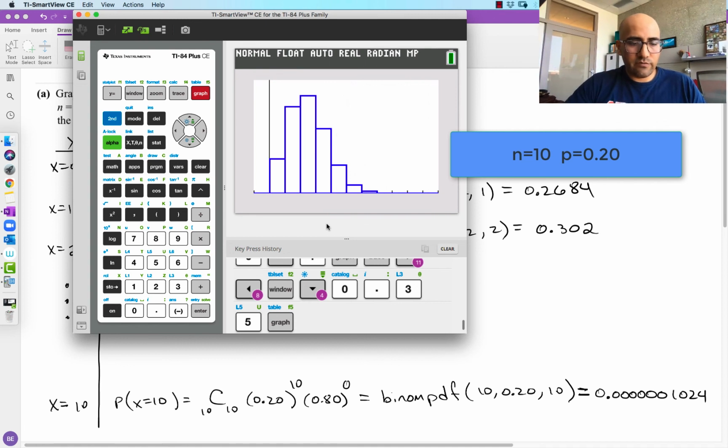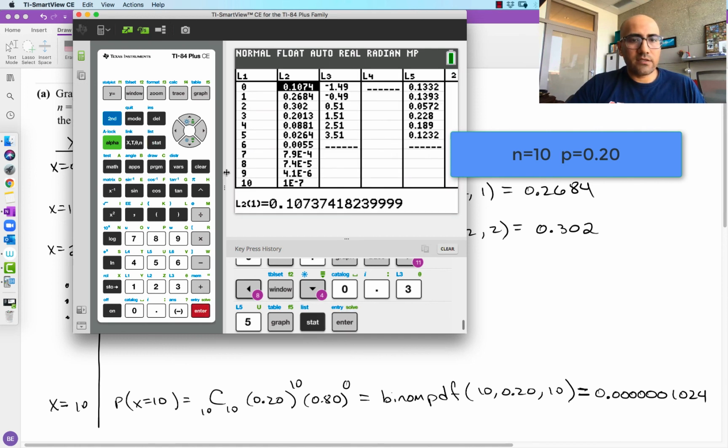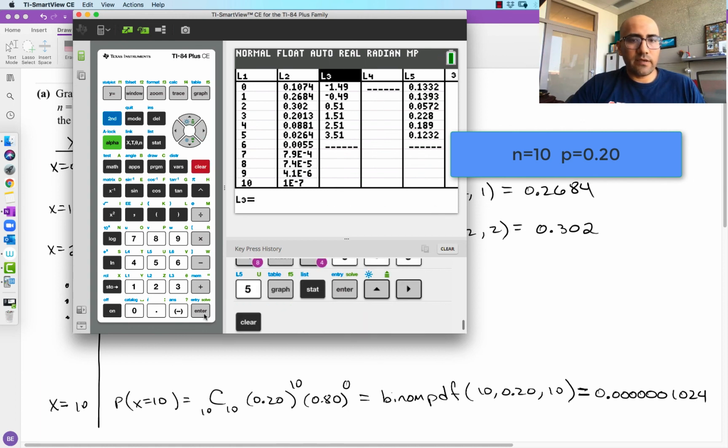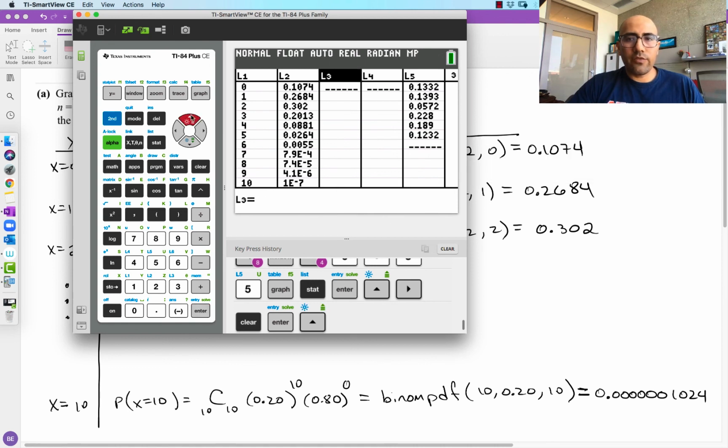Let's take a picture of this and then change the values. So this is that first one. Okay, now let's go back over here and change it. So let's go back to our stat, edit, and let's come back up here. Let me change this to a third one. Clear, enter. I'm going to go to L3, and I'm going to do a new graph when P equals a different value. Let's say P equals